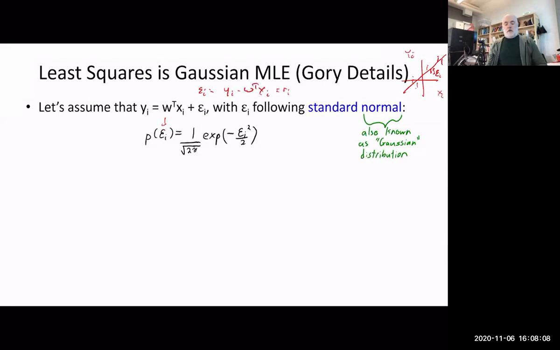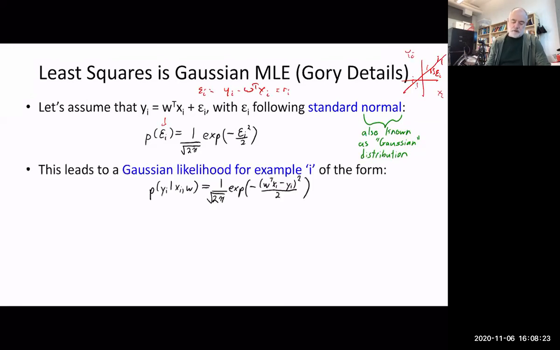And let's assume that the population of these over all of the input-output pairs is distributed conditionally IID, given the model parameters and the input, and that it follows a standard normal distribution, also known as a Gaussian distribution. So this leads to a Gaussian likelihood for each example of the following form. If you plug in the definition of epsilon_i here, then we get that the conditional probability of the output given the input and the parameter looks like this. It says a normal distribution centered at 0,